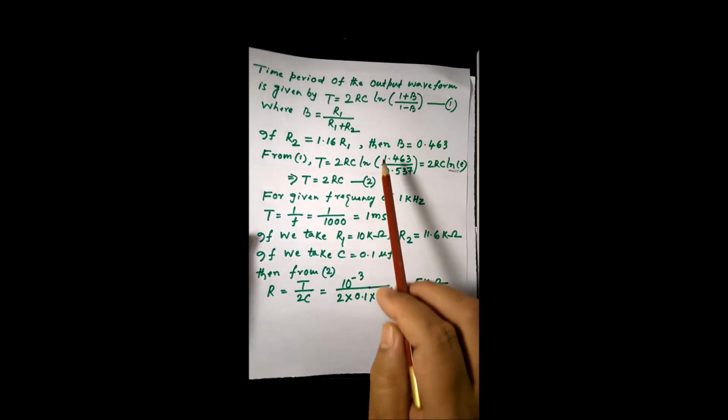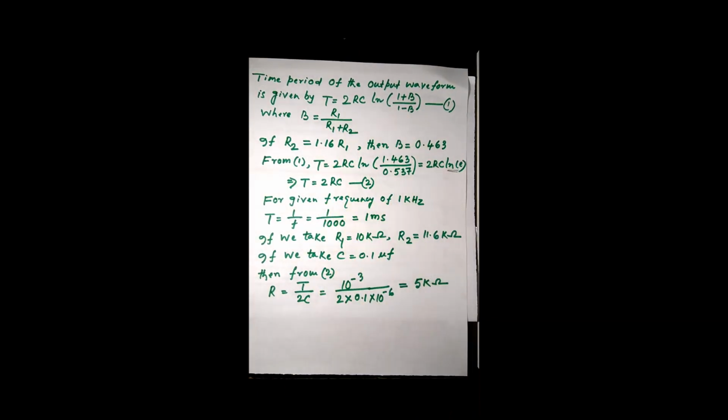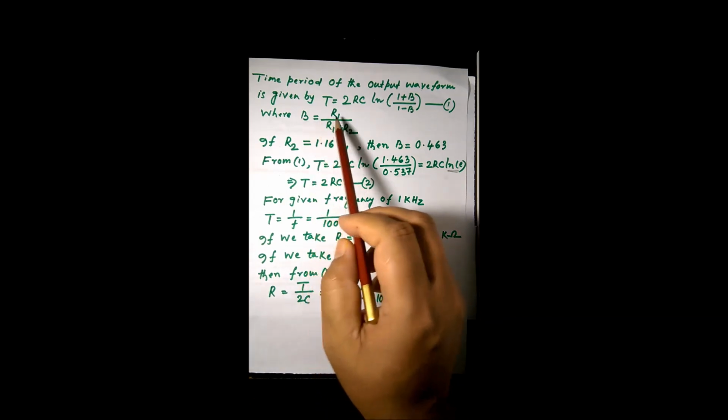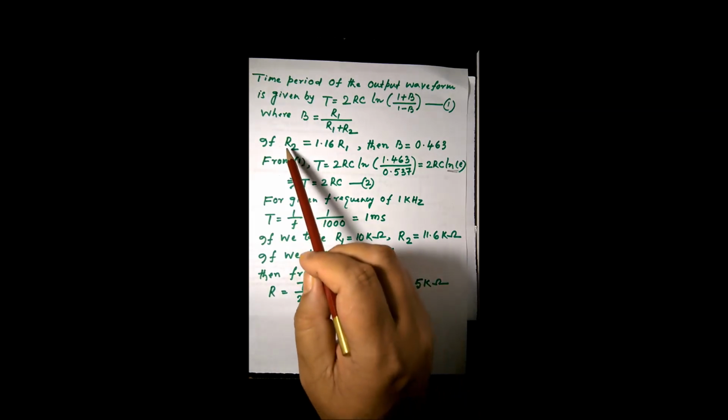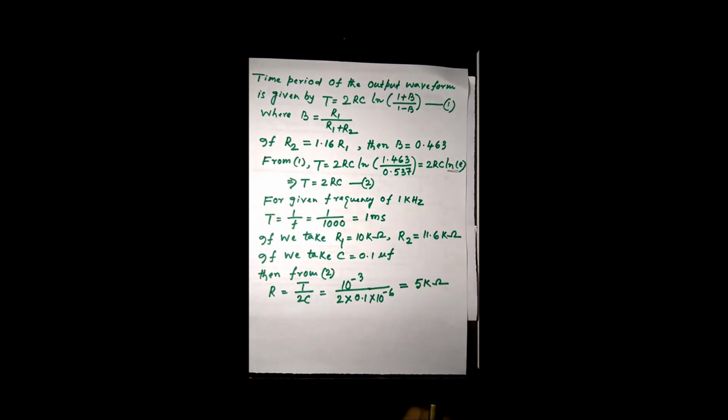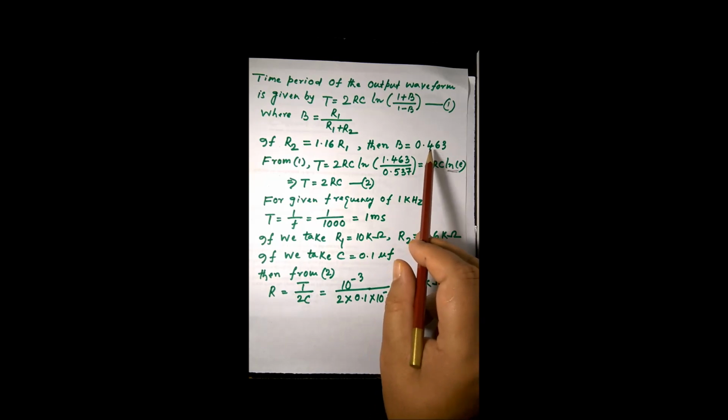This time period is given by these equations, where B is equal to R1 divided by R1 plus R2. Now in this equation, if we substitute R2 equal to 1.16 of R1, if we maintain that relationship between R1 and R2, then B will be equal to